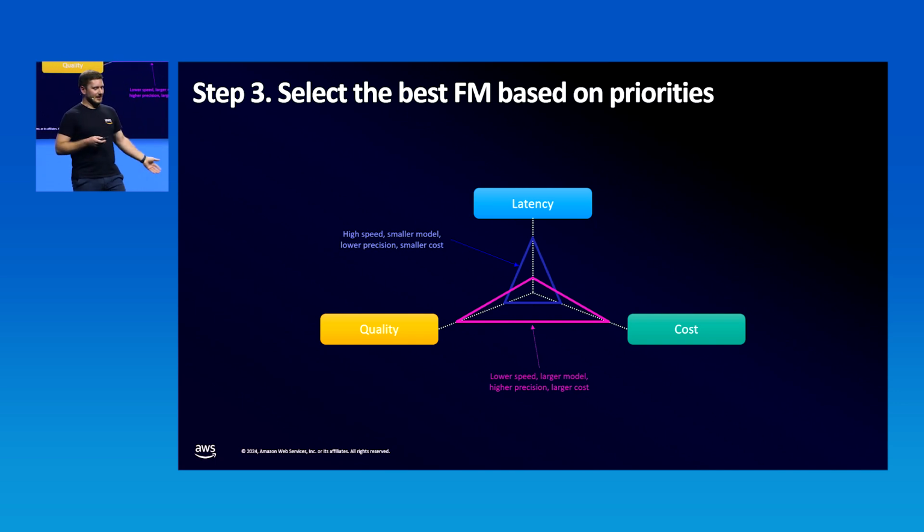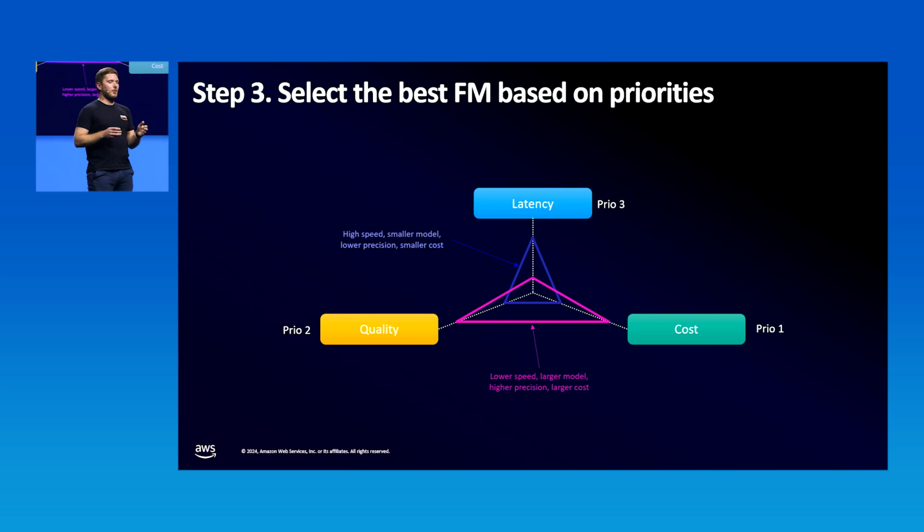And again, I'll take the example of the research paper summarization. So, as I said before, ideally when we started the use case, we thought about which criteria are the most important to us. So in this case, let's say the university is a bit tight on budget, so cost is an important criterion, so it's priority 1. We have quality, which is the second highest priority, and then we have latency, which is not so important to us, so we accept that users might have to wait a bit longer when they input something to get